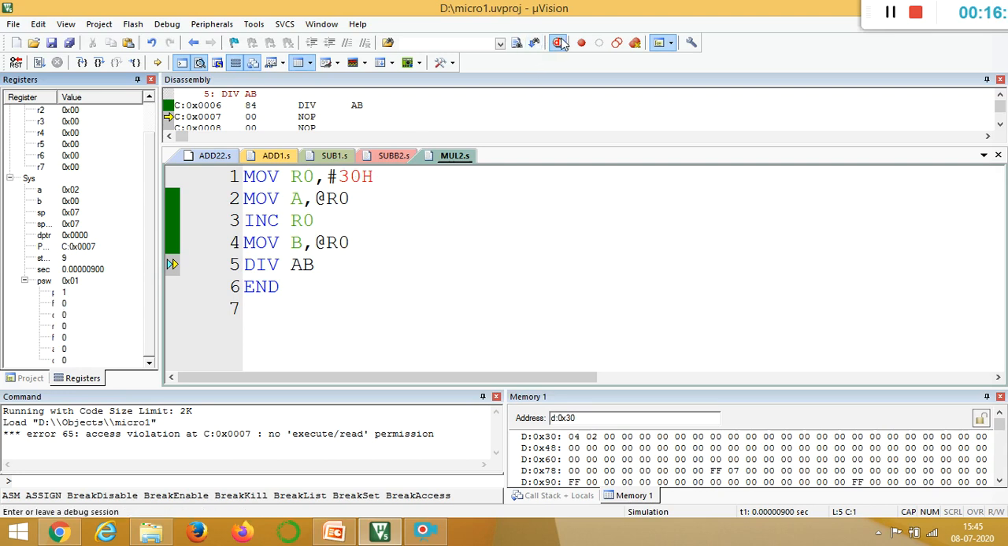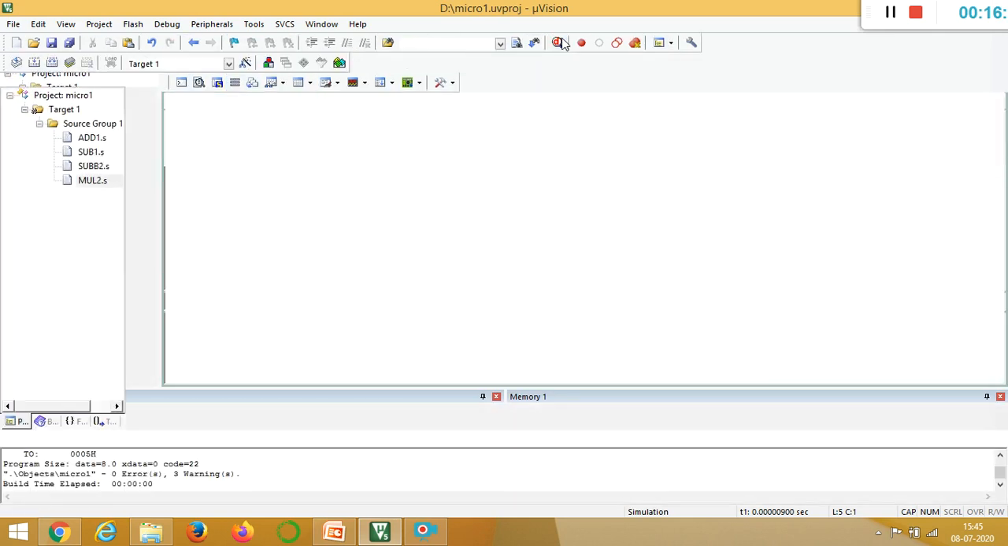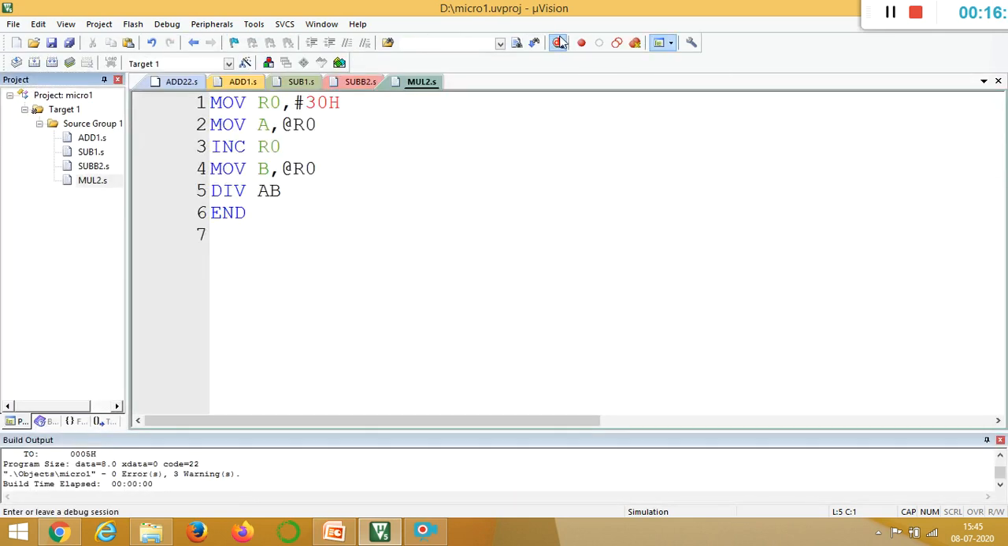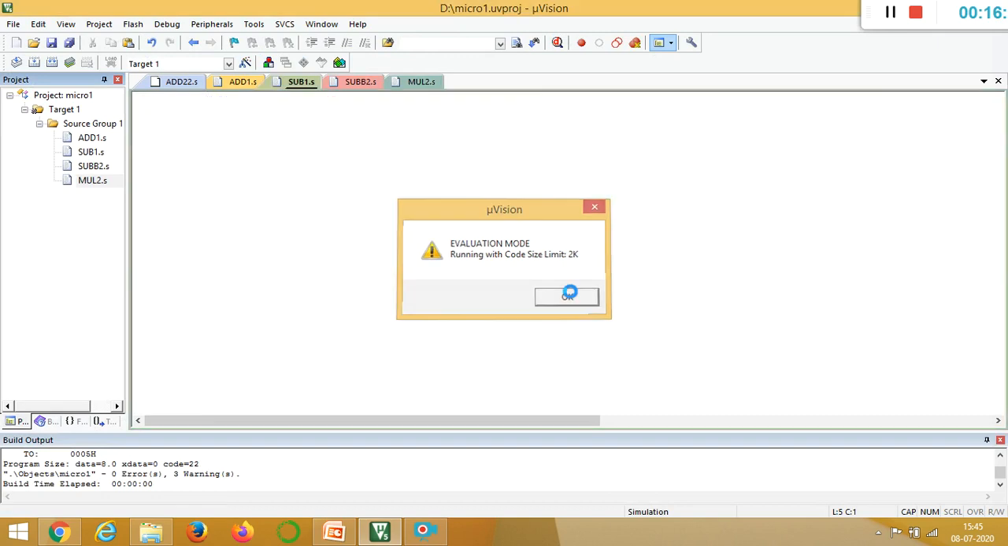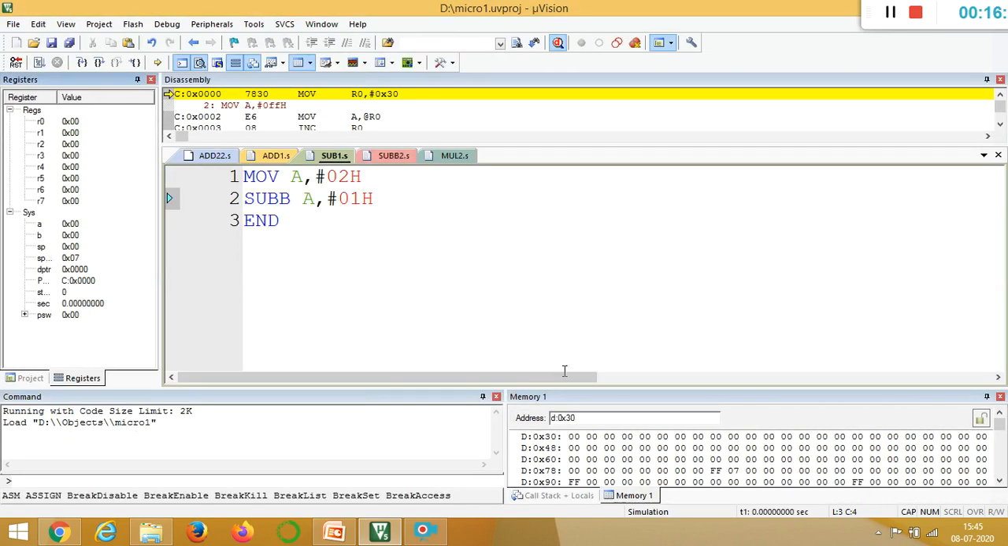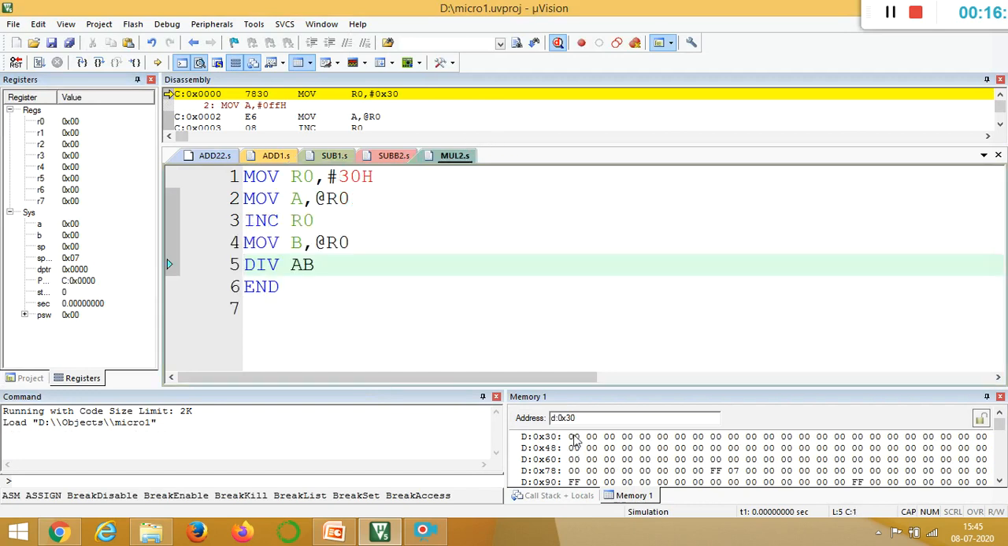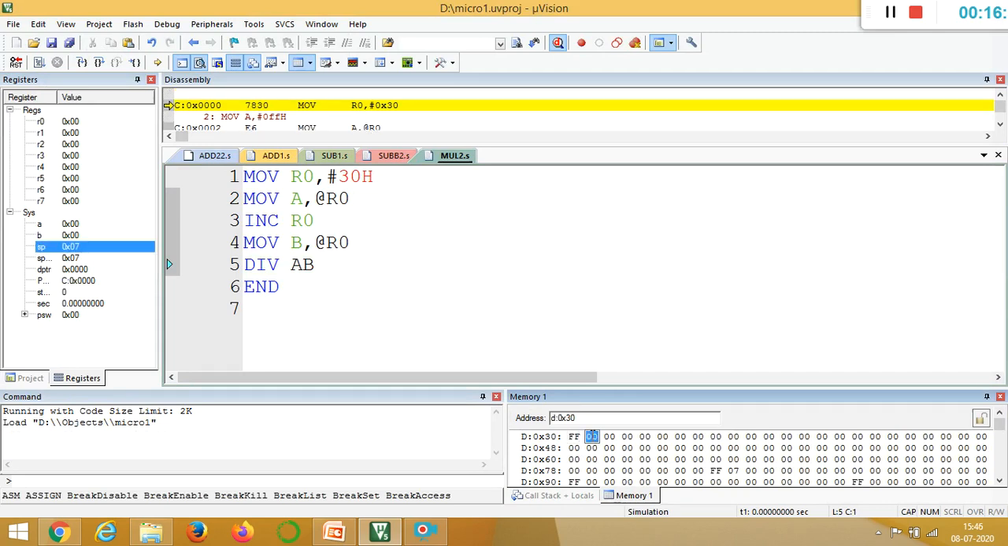So same thing if I take a higher number. Whenever you want to put another number, you have to stop the session. Then you have to start the session, then you are able to put the next value. So in 30th, if I put FF and F0, so the result is